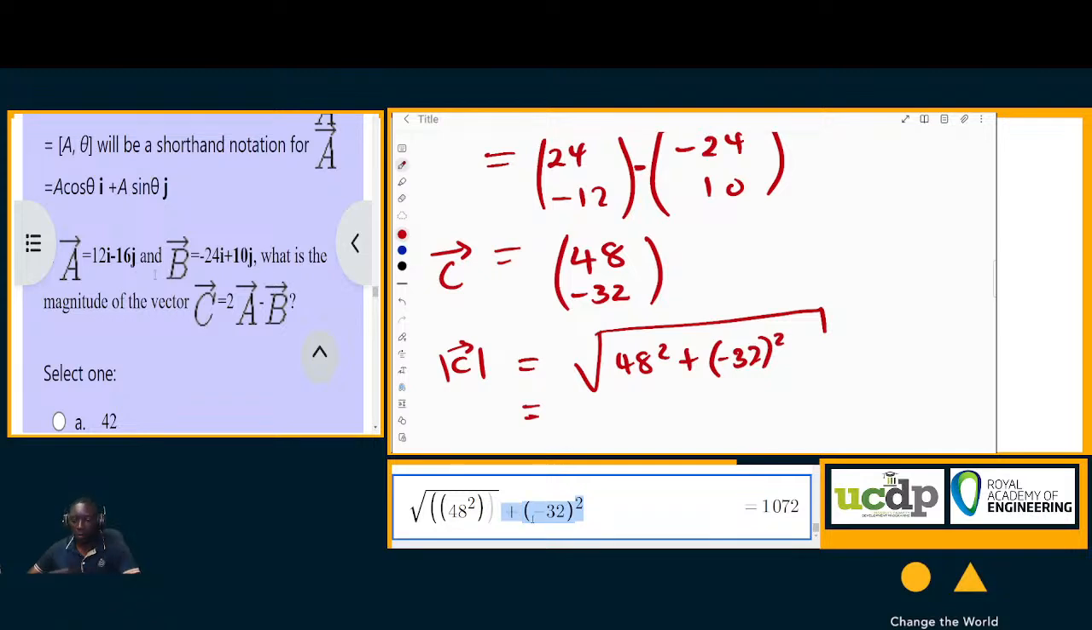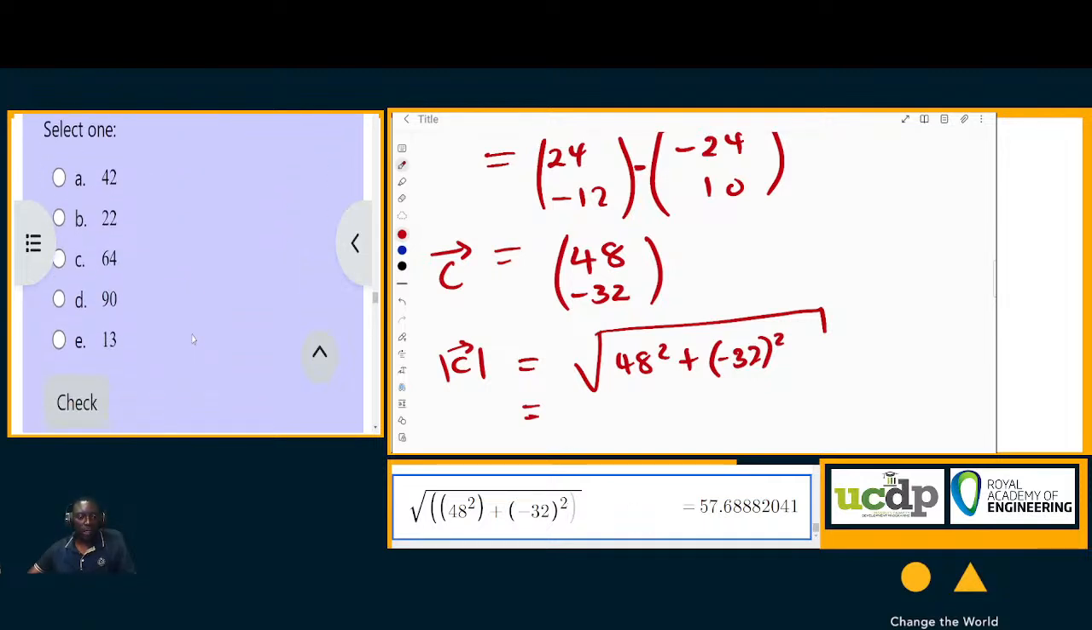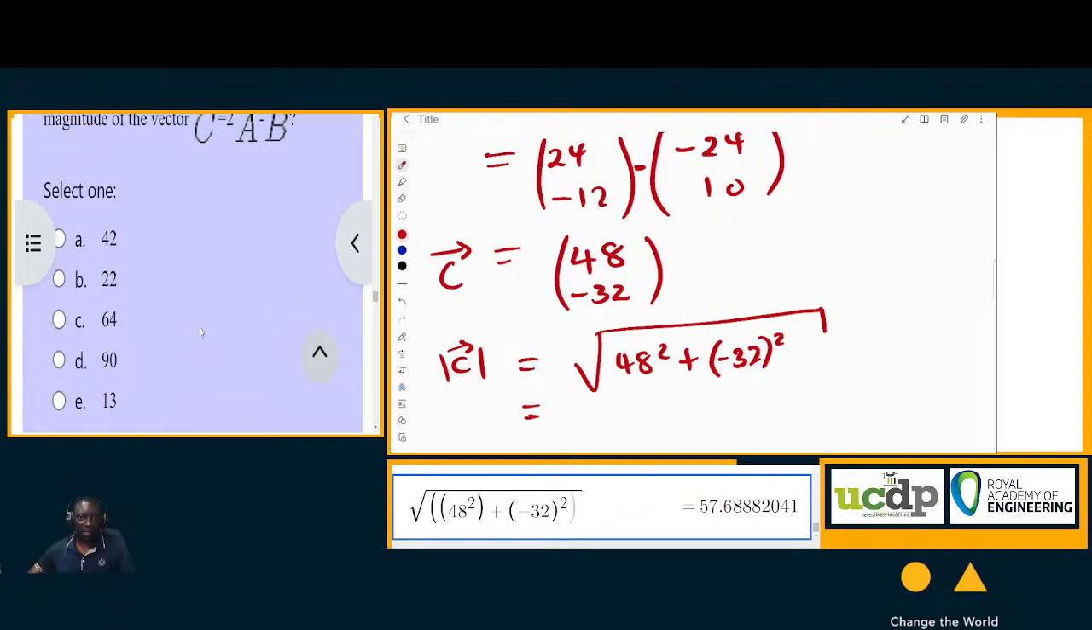Anyone got that one? $57.6. Did I see a 57.6 somewhere? Did you also get the same? So I'm getting 57.6, which is none of these two. Or did we